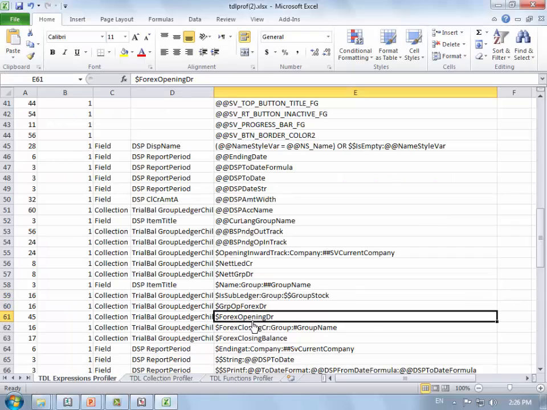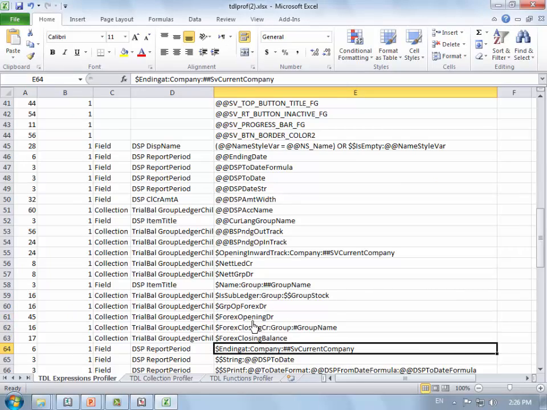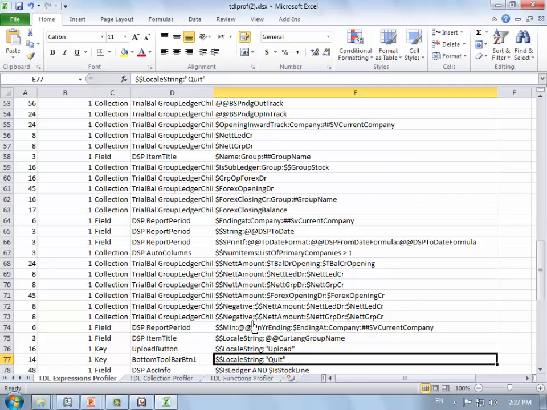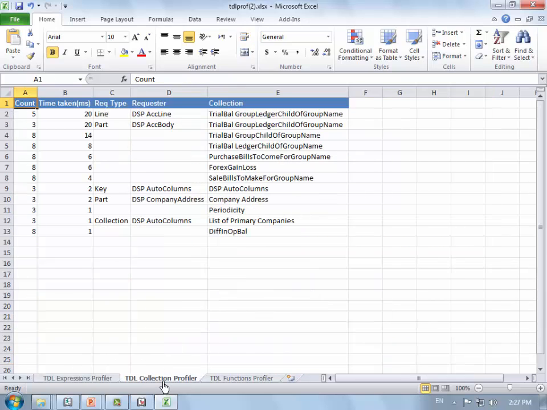Then is forex. All these methods are getting caught. Then we have for the collection, from this line, this collection is being called, and expected behavior thus would be a repeat on the repeat line.